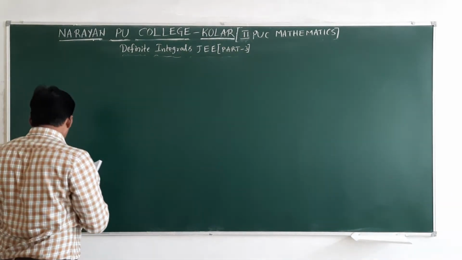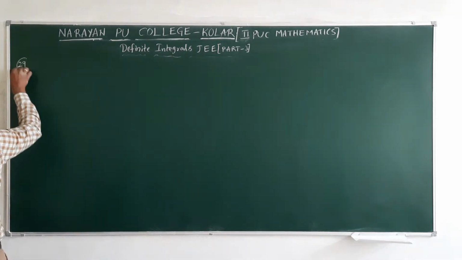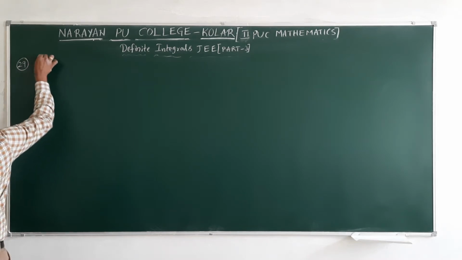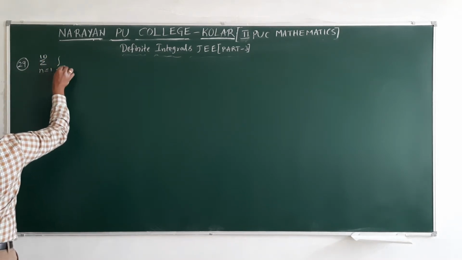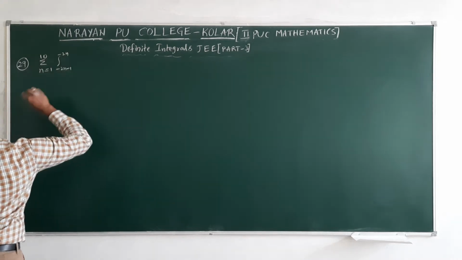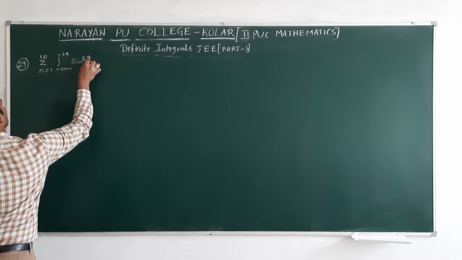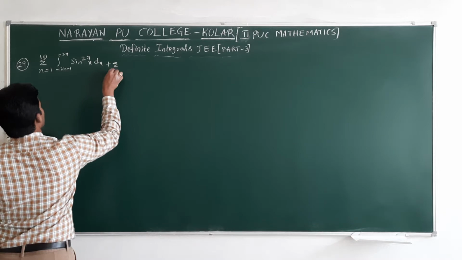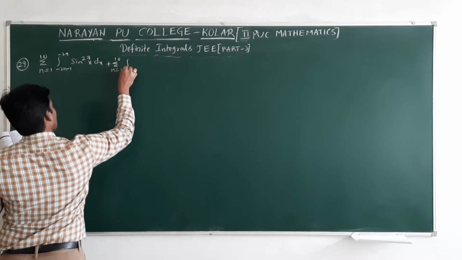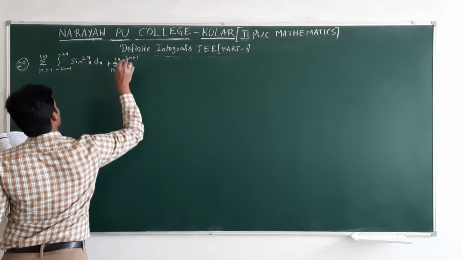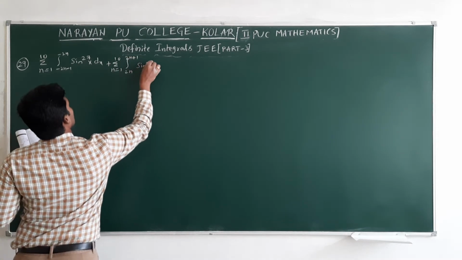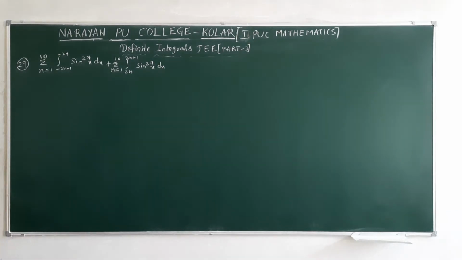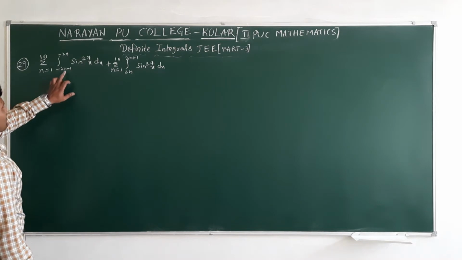Next, question number 29. Given summation n equal to 1 to 10, integral from -2n-1 to -2n of sin^27 x dx, plus summation n equal to 1 to 10, integral from 2n to 2n+1 of sin^27 x dx. This value we need to find out. Okay, I'll consider this value